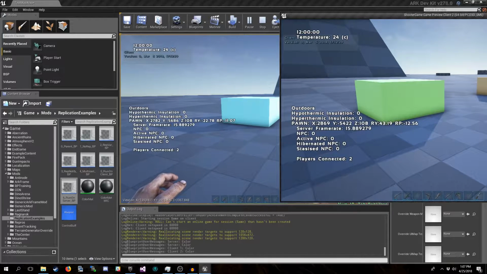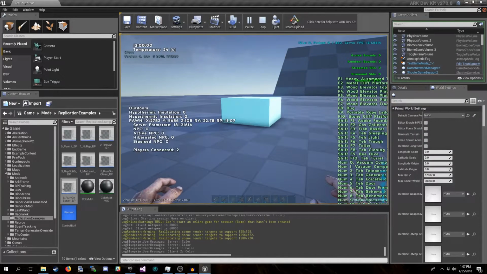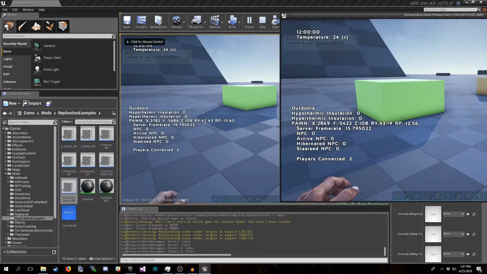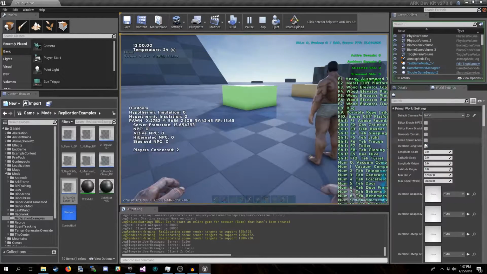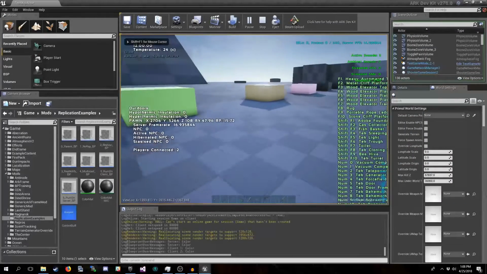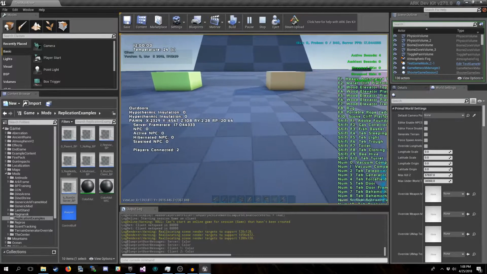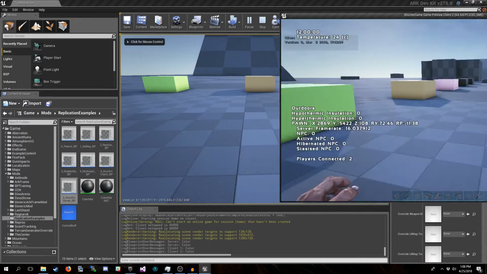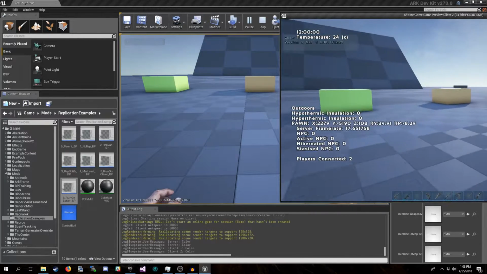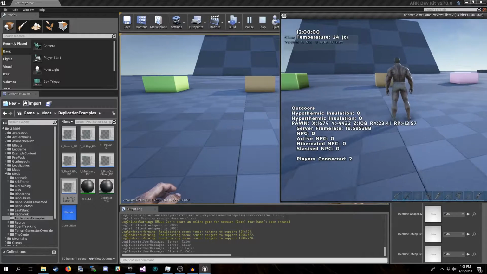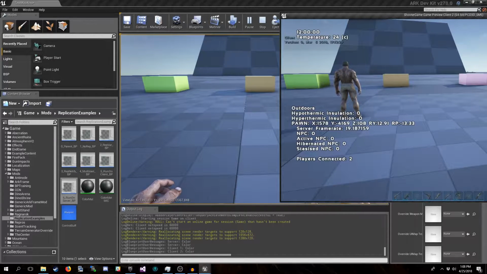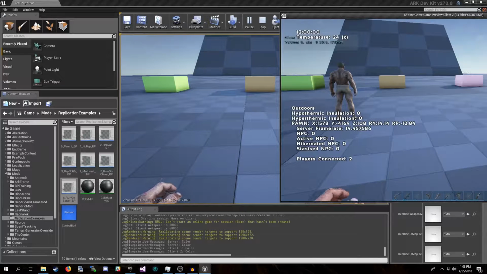If we look at this one, though, you'll notice those are the same color. And the same applies to these two as well. These three boxes are the same color on both clients. That's because these three boxes are already implementing a valid form of replication from server to client.